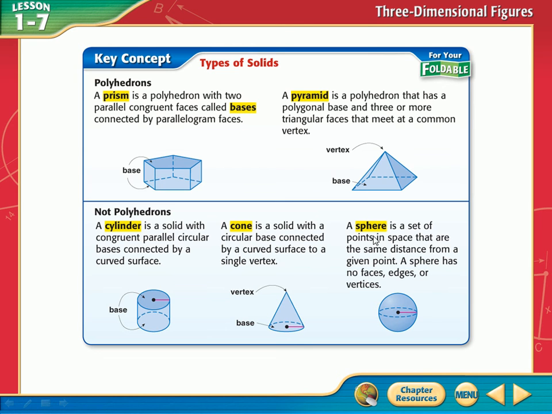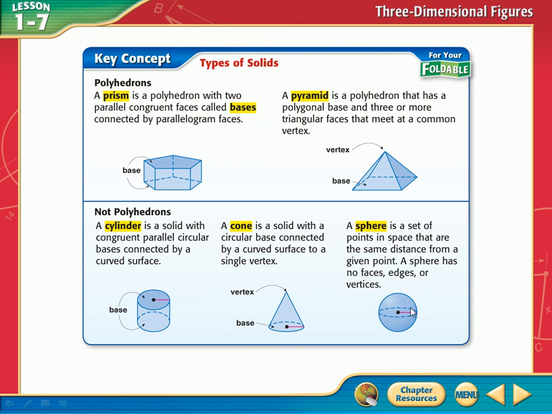All right, look at this thing. A sphere. It's kind of fun to say, isn't it? So a sphere is what? It's basically like a circle, but it goes all the way around. So look, if you start from here and you go any direction at all, you go up and down, you can go out like this, out like this.